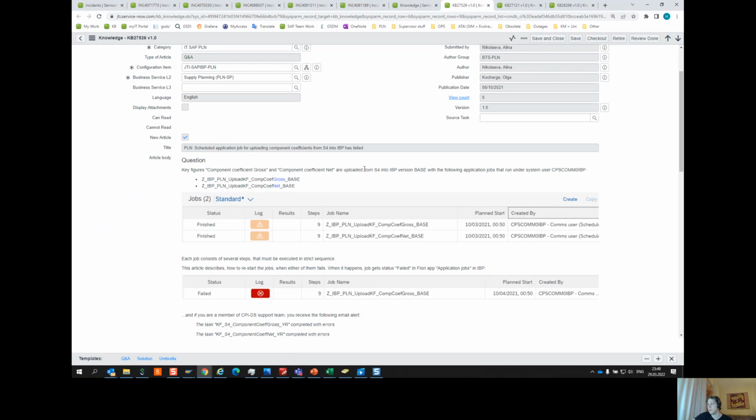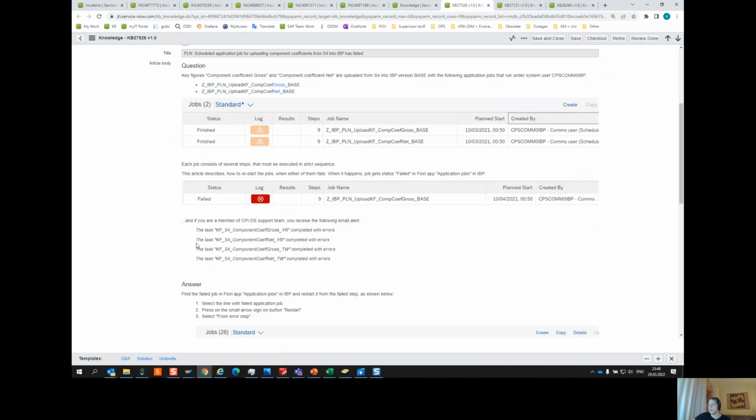Well, I guess if there is a KB specific for that type of data, then it must be failing from time to time. So you see that it's quite difficult to understand what is required, and also